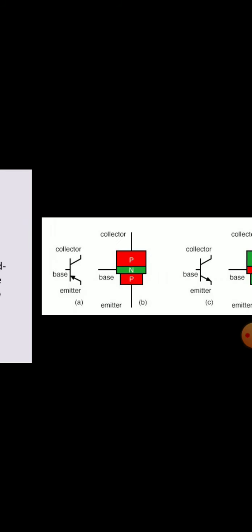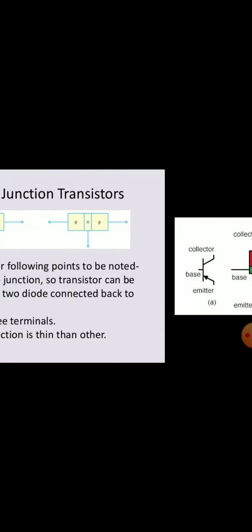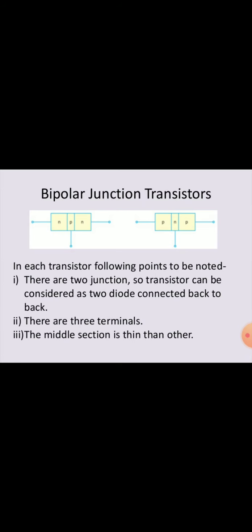What are the terminals? Collector, base and emitter. The first terminal is the collector, the second is the base, and the third is the emitter. BJT is a three terminal device.